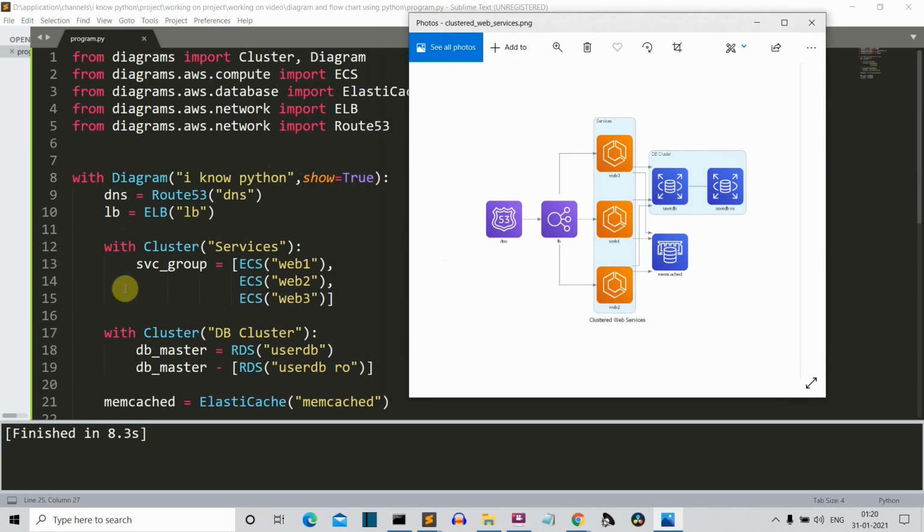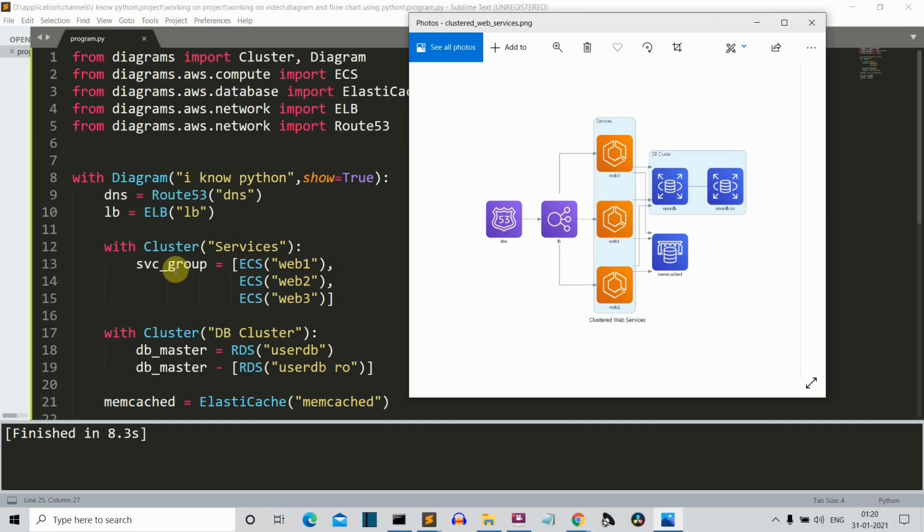Now just pay attention to how these two groups are created. So let's say that you want to create 3 icons on the same level, right? Here you can see that these 3 icons are in the same bubble, or are in the same level service. So with cluster is a collection of items, and the name of the cluster is services, and we have created this svc group.